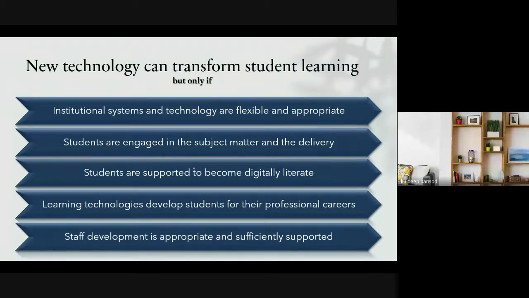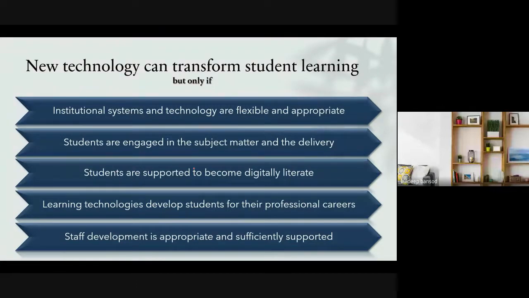But it is only possible when institutional systems and technology are flexible and appropriate. If your institute provides such technology, then it is possible. If the students are engaged in the subject matter and the delivery, only then it is possible.